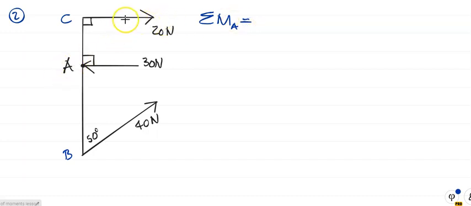There's my point of rotation. That force is acting to the right, but it's going to give a clockwise moment with respect to A, so it's going to be positive. So it is 20 times, and I didn't give it a distance. Let me call that 1.8 meters there, and 2.3 meters over here. So it's 20 times 1.8